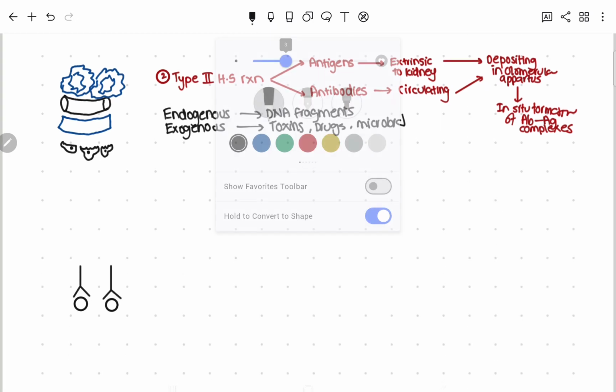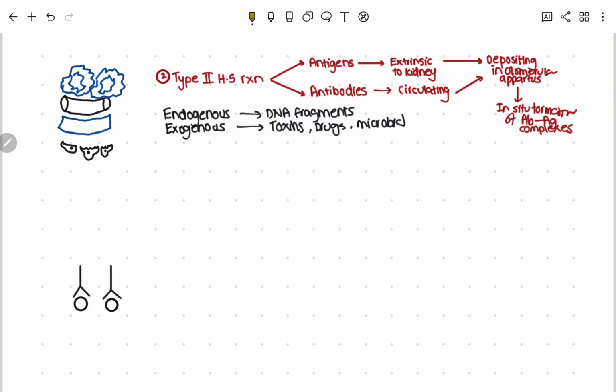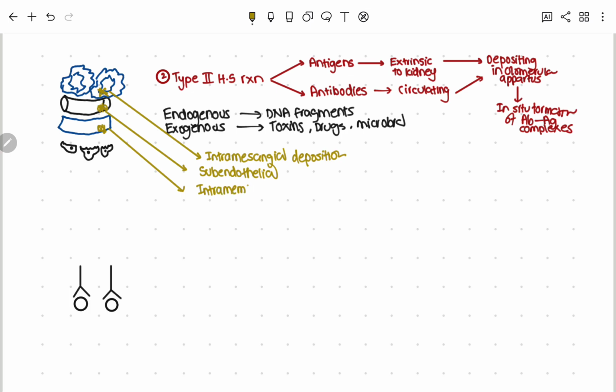The next thing you need to understand is the locations where these depositions can take place, and according to that the nomenclature and the terminology stands. So if you have deposition occurring within the mesangial cells, so somewhere here, this is an intramesangial deposition. If they deposit within the subendothelial layer, so below the endothelium, these are subendothelial deposits. If the antigens are to deposit within the basement membrane, these are intramembranous deposits,